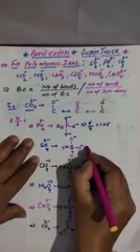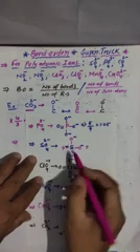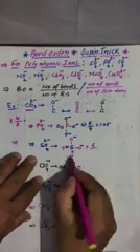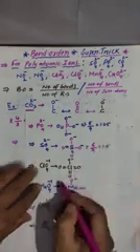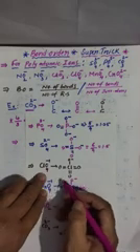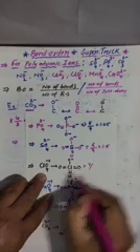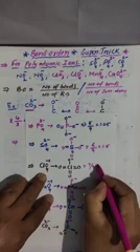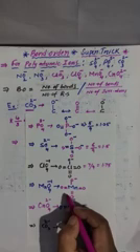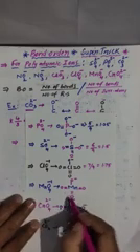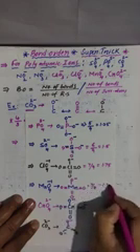Next go for sulfate. This is the structure: 1, 2, 3, 4, 5, 6. 6 bonds upon 4 surrounding atoms. 6 by 4 is nothing but 1.5. And go for ClO4 minus. How many bonds? 1, 2, 3, 4, 5, 6, 7. So 7 bonds upon 4. 7 by 4 is nothing but 1.75. And go for manganate. Manganate, how many do you have? Total 7. So 7 by 4, nothing but 1.75.